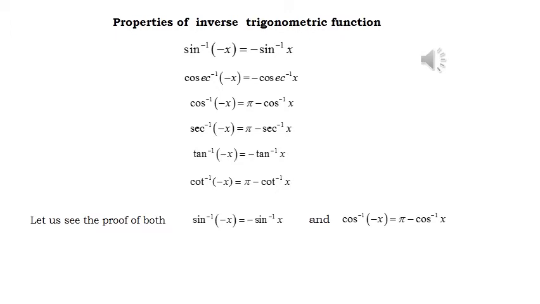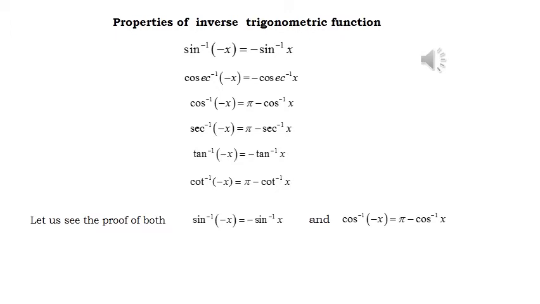The same way, tan inverse of minus x. For negative tan theta, theta should lie in the fourth quadrant, where tan theta is negative. We need not discuss the second quadrant now. Why? Because the range of tan inverse of x covers the fourth quadrant and first quadrant, the open interval minus pi by 2 to plus pi by 2. That's why the negative tan theta lies in the fourth quadrant. So tan inverse of minus x equals minus tan inverse of x.